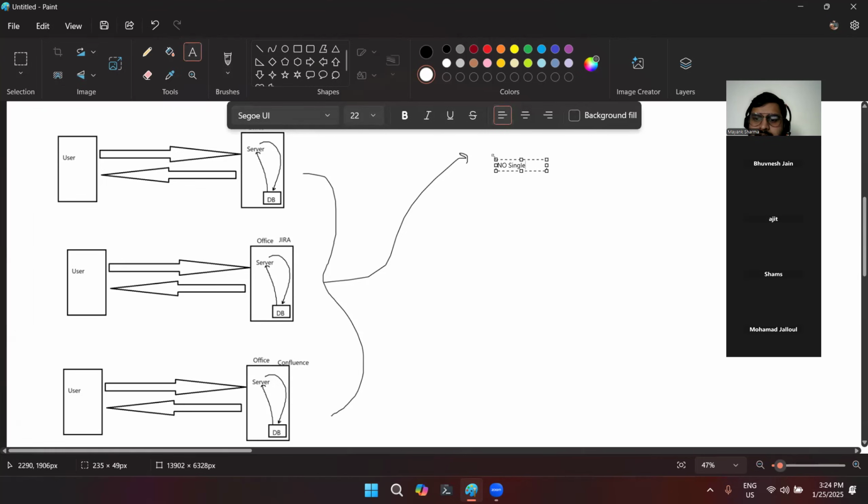No single sign-on. In the short form, we can just simply write there is no single sign-on. Second, the problem is the security of the server. Okay, so we are talking about no single sign-on, and that is a problem, but there is another problem of the security of this particular server.